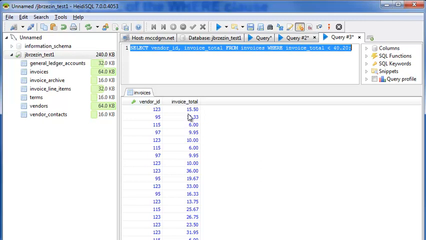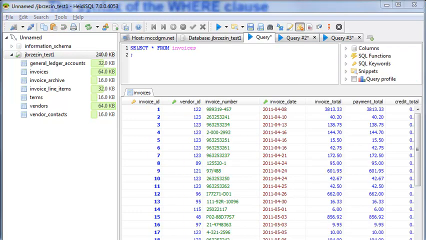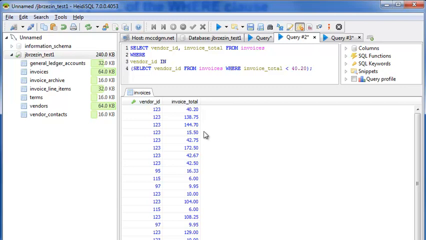So you see all these vendors, all these numbers, vendor 123 and 95, all these vendors registered transactions resulting in invoices totaling less than $40.20. So let's take a look at our query that is showing the whole data set, and let's take a look at our transactional